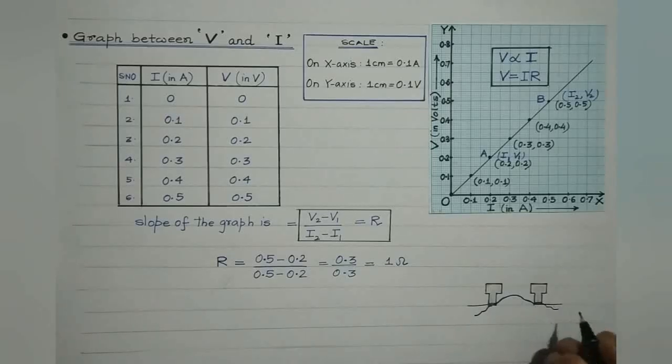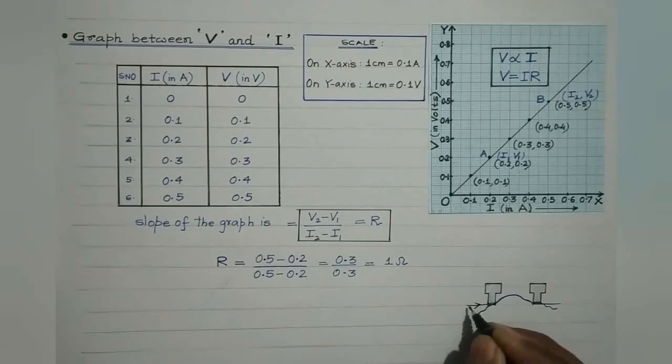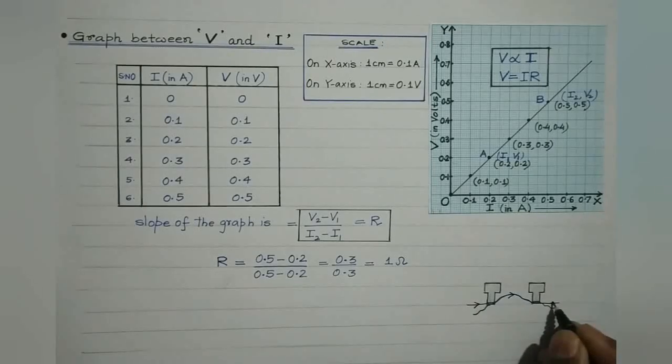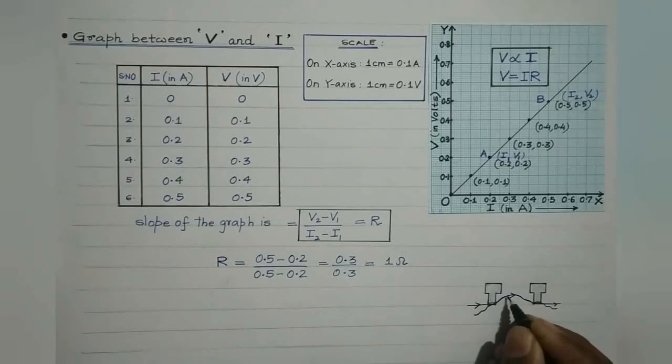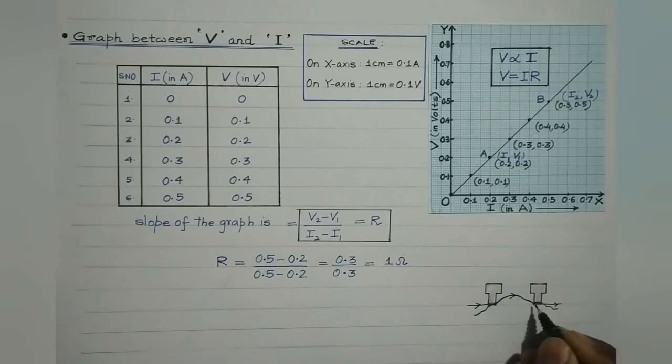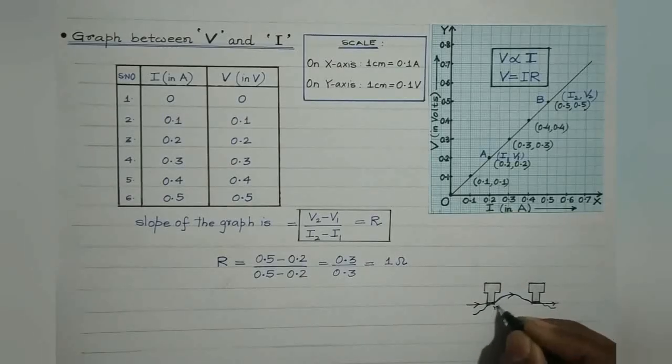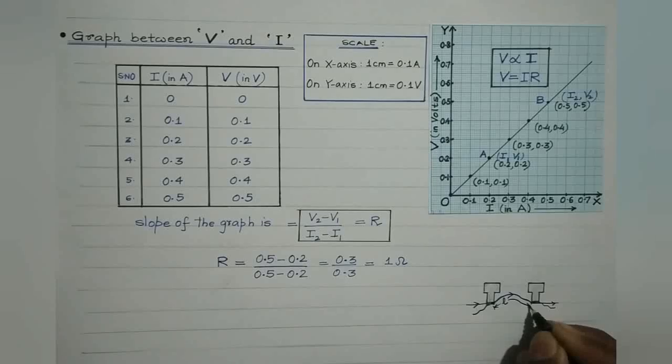Let us consider this to be the 2 terminals, and this is the standard resistance wire which is connected between these 2 terminals. Now when the current flows, it will flow through this section of the given standard resistance wire. Through this section, the current won't flow. So while calculating the length of the given resistance wire, you are supposed to read the length of the wire from this end to this end, and avoid this section because no current is flowing through it. This length can be easily obtained using a scale or a ruler, right?